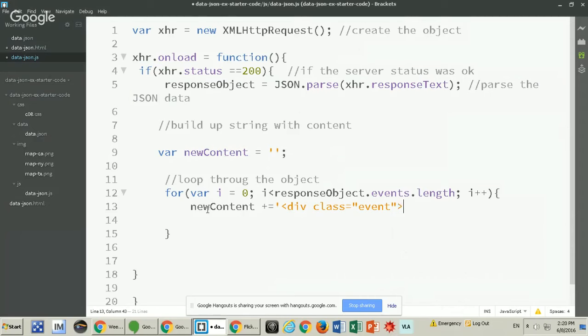And this event doesn't refer to an event like a click. This actually refers to the events as the name of the event. So it happens that our JSON data is events, so that's what it refers to. Okay? And then new content plus equals